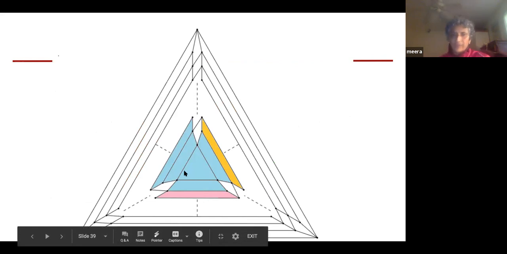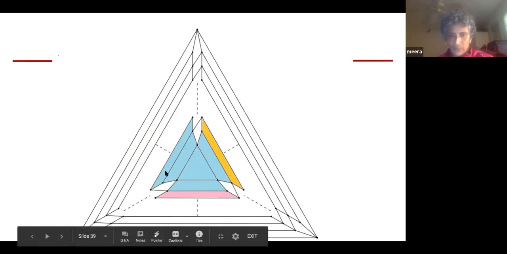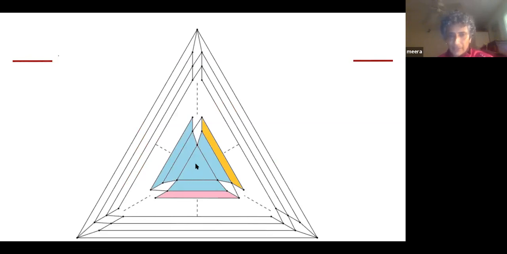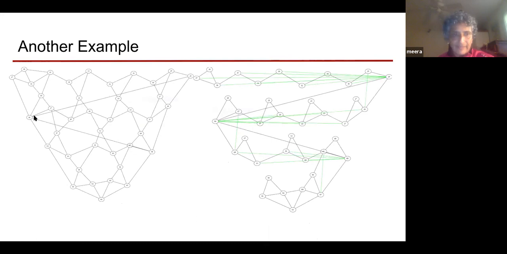Again, you add these green edges in between, and you proceed in this manner, starting from the triangle and then adding a green edge here. And that allows you, having thrown out this red edge, to find the distance of that red edge and so forth. So proceed in this manner. So here's another slightly larger example. These are the given